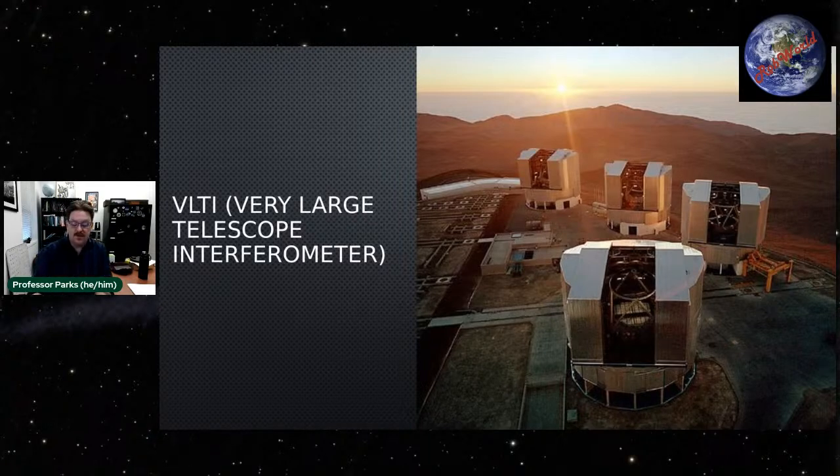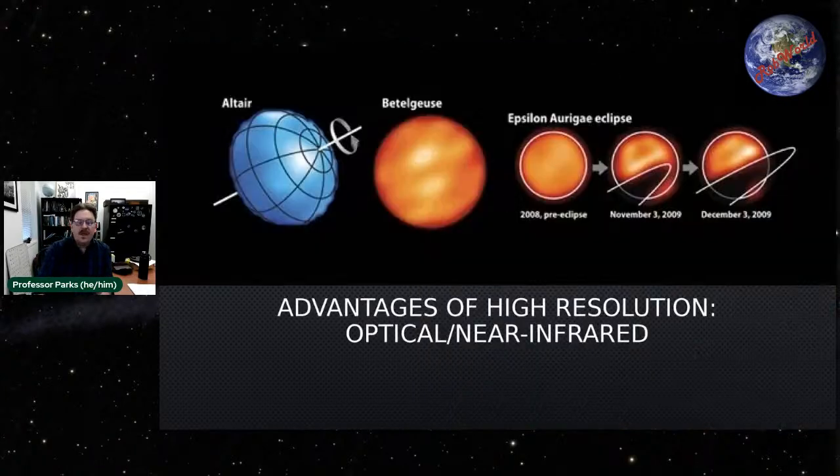Why is that important? Well, these images were created using the CHARA Array. If you've seen the thumbnail for this particular video, that is Mount Wilson. That is the Mount Wilson Observatory just north of Pasadena, LA. Right now, it's probably covered in snow.